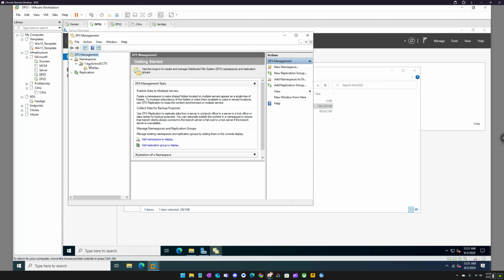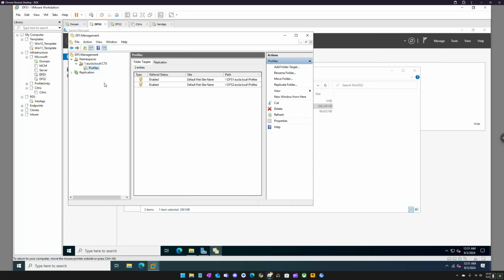Or we can use this here. Namespaces. So in conjunction with our replication and namespaces, you've got a pretty reliable solution, other than the fact that